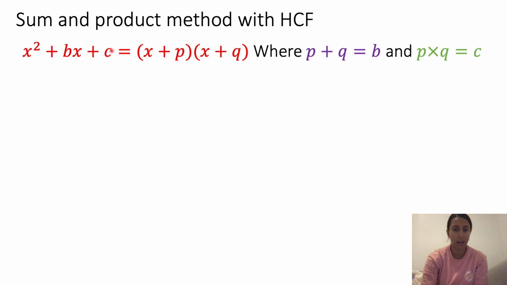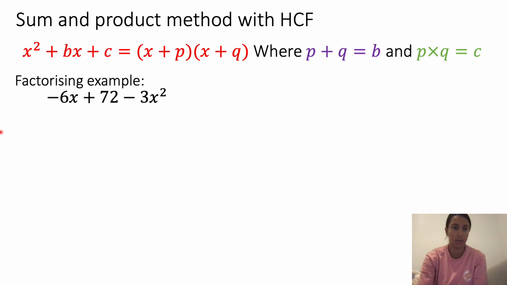Again, I feel like it makes the most sense when I do an example, so let's just get straight into it. So we've got 6x plus 72 minus 3x squared. So the first step that you want to do,